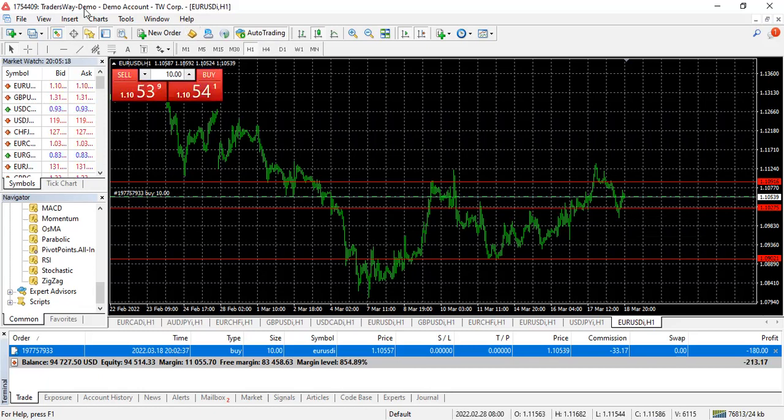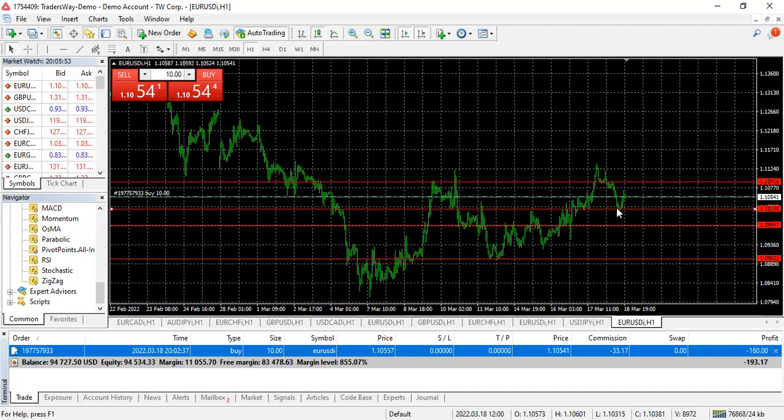So if a broker wants to charge for spread, instead of my trade starting here at this point immediately and me making profit, my account will still show me negative. From here to here, all the profits made are going to be for the broker. My trade is not going to start from here immediately, although I stated that my trade should start from here. But if a broker is charging me for spread,